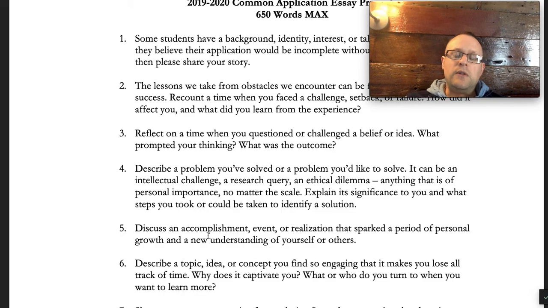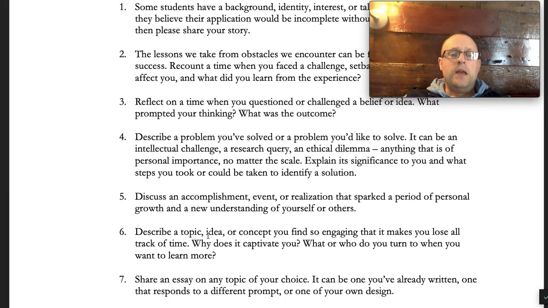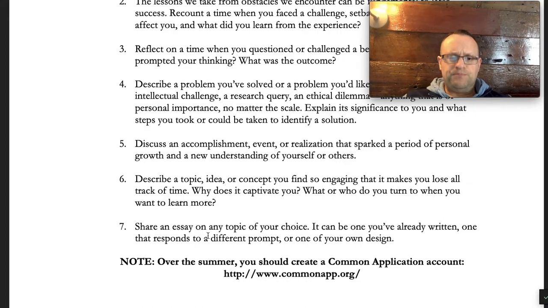The idea with all of these is that you're trying to present something about yourself that would not come across in a transcript, or that would not come across in letters of recommendation. So the essay is the opportunity to showcase something about yourself that colleges and universities would otherwise not be able to know. If you don't see anything with 1 through 6 for the prompts, you can then do one where you share